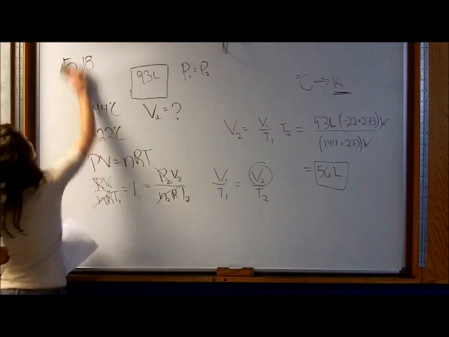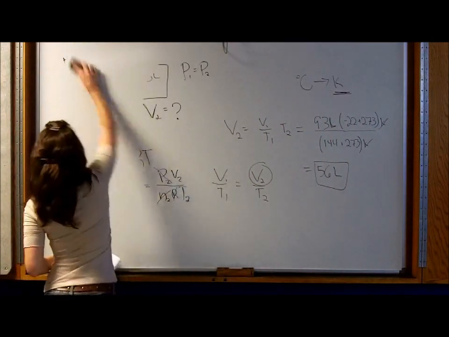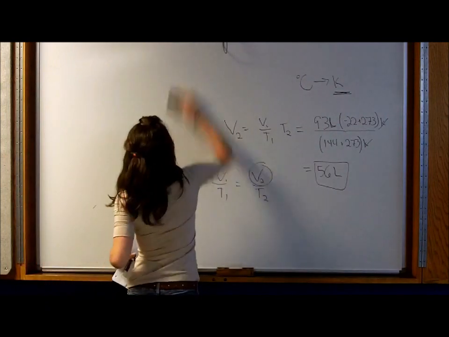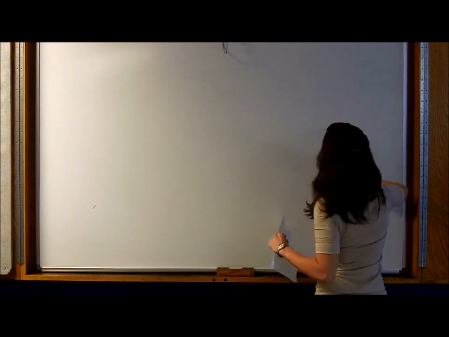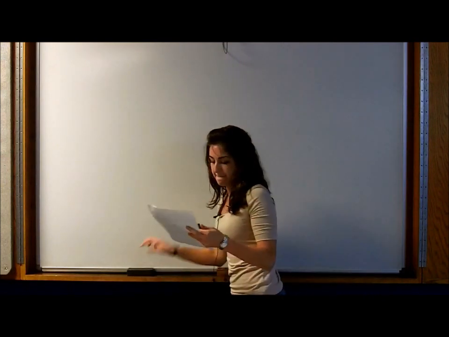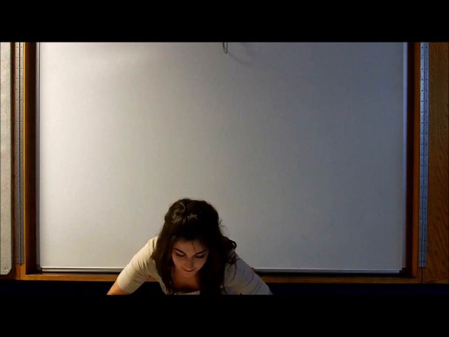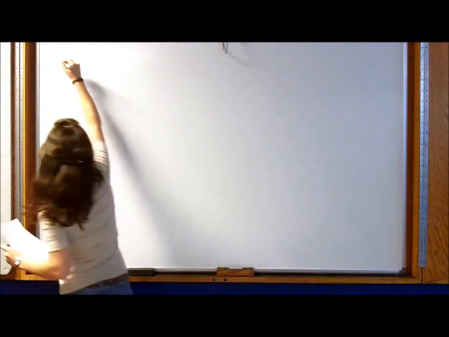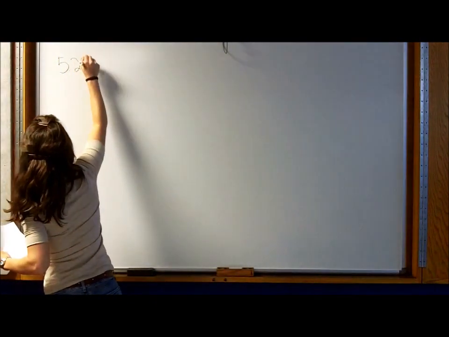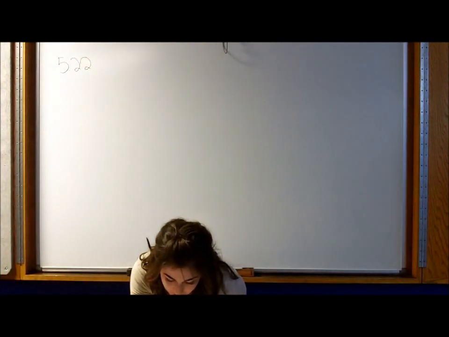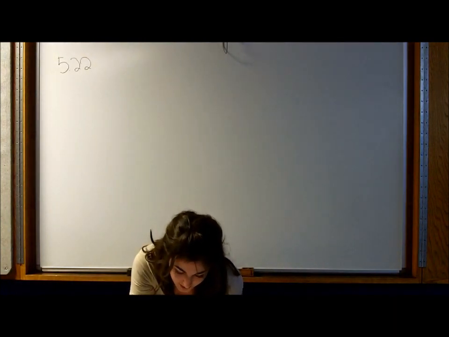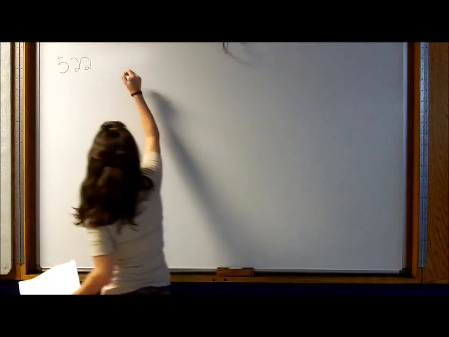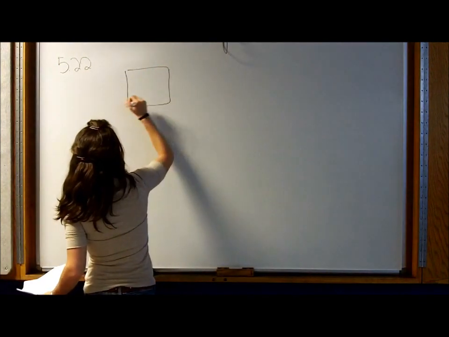All right, we do another relation problem. This is going to be 5.22. And for this one, we're given moles of argon, and it's in a certain size container at a certain temperature, and we want to know what the pressure is. So we have our container of argon,